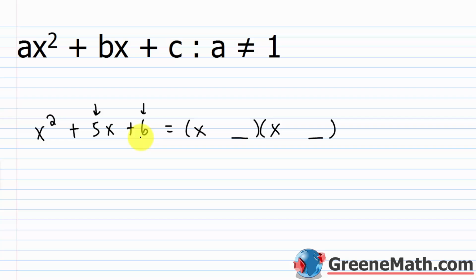Well, I would say 2 and 3, right? 2 plus 3 is 5. 2 times 3 is 6. So this would factor into x plus 2 times x plus 3. So very, very easy, very simple stuff. In the case where we get something where we can't factor it, we consider it to be